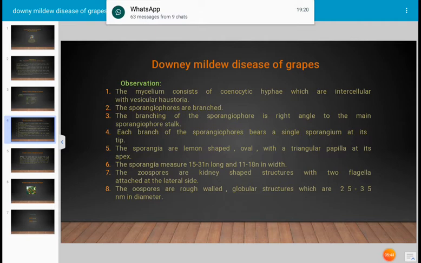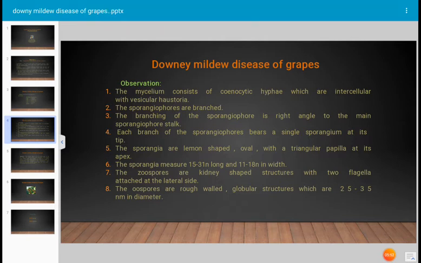The next characteristic of this fungus is that it produces sporangiophores, which are externally present on the infected part, and we can prepare a slide. I already told you how to prepare a slide in cotton blue, and you write down the sporangiophores. The sporangiophores of this fungus are very typical and characteristic. Such branched sporangiophores are present only and only in Plasmopara viticola.